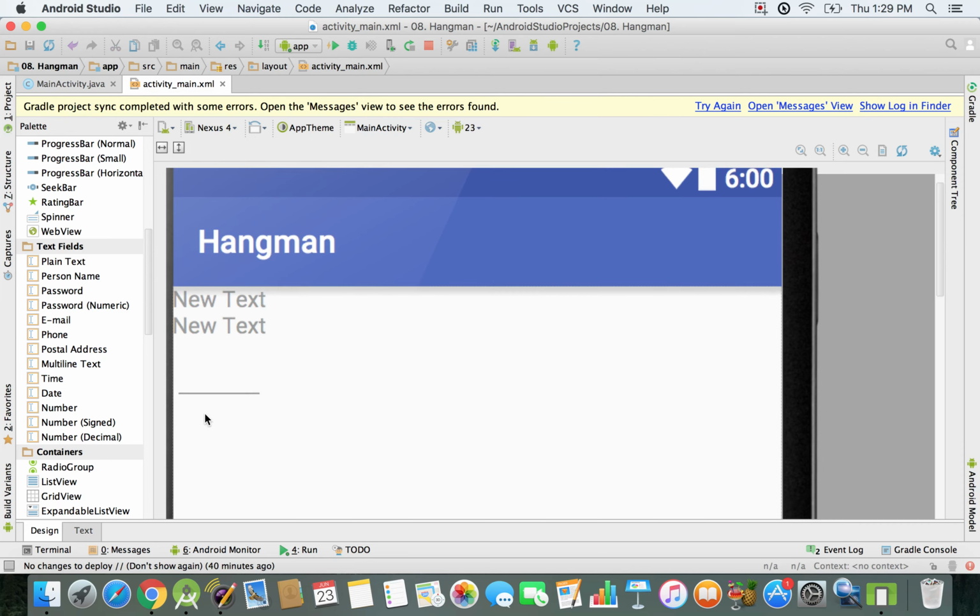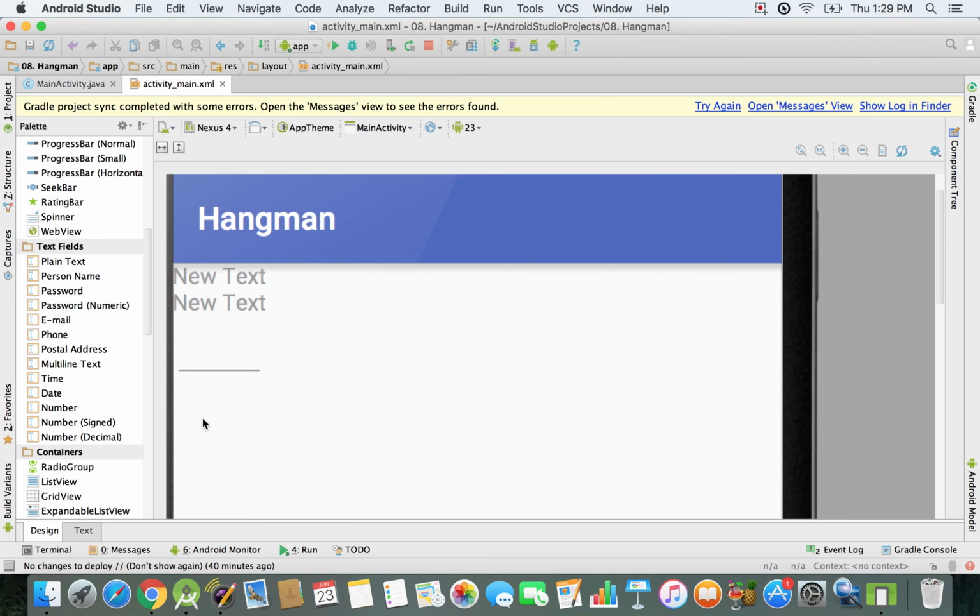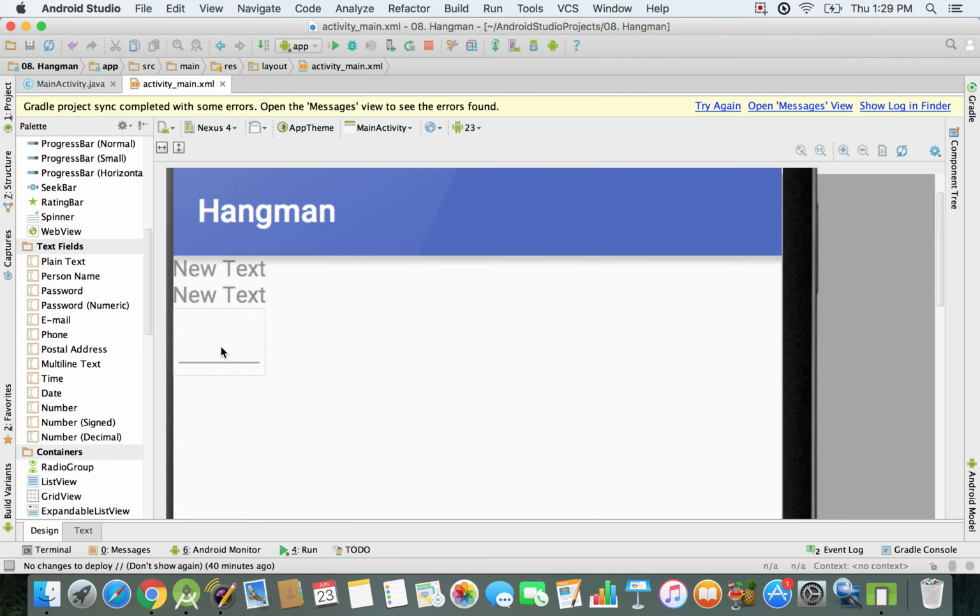And just right now I'm going to add a couple more things. I'm going to add a text view to display the letters that were used by the user at this moment. So let's say the user uses for example A, R, D for the letters. Then we just have to display those letters on the screen so that we inform the user that those letters were already used, so the user should not use them again. So I'm just gonna go and add a new text,